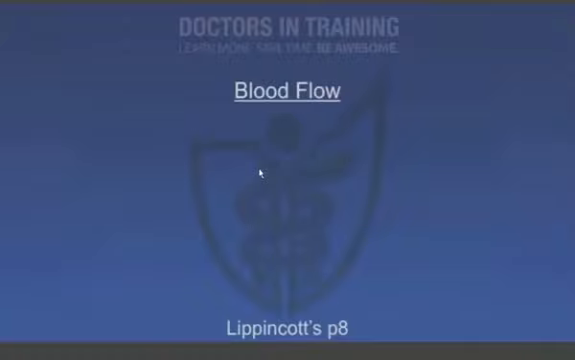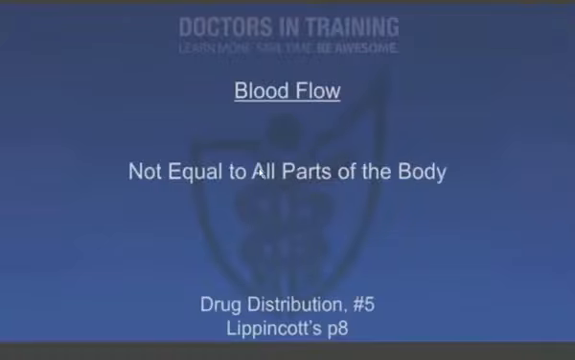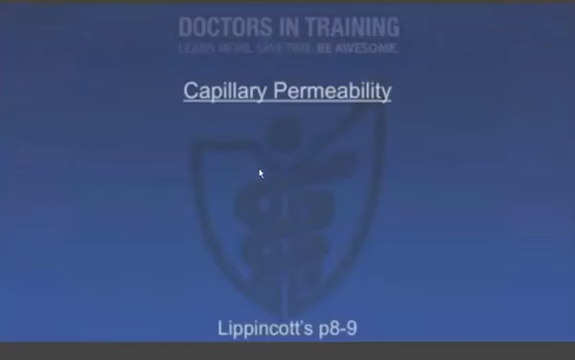So let's talk about each of these four components individually. Blood flow is not equal to all parts of the body. In certain circumstances, your body is going to shunt blood to the brain or to the muscles or to the intestinal tract. So how much blood flow is going to the target organ is going to influence distribution of the